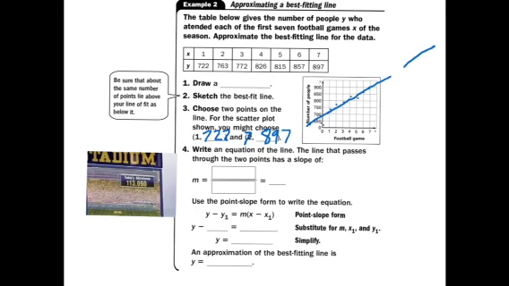And I'm going to find the slope. So I'm going to do 897 minus 722, which is 175, divided by 7 minus 1, which is 6. And 6 is going to go into 175 about 29.16 or something like that. So if I put 29.16 in as my m,